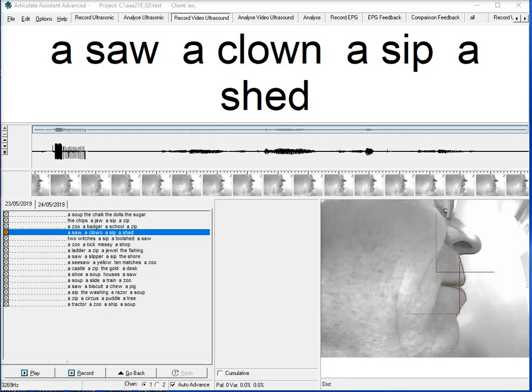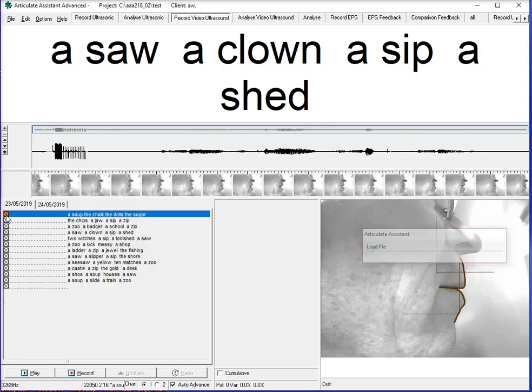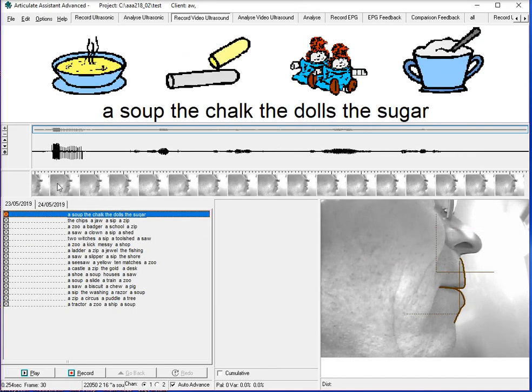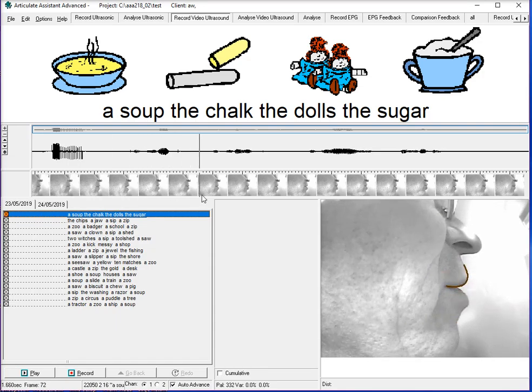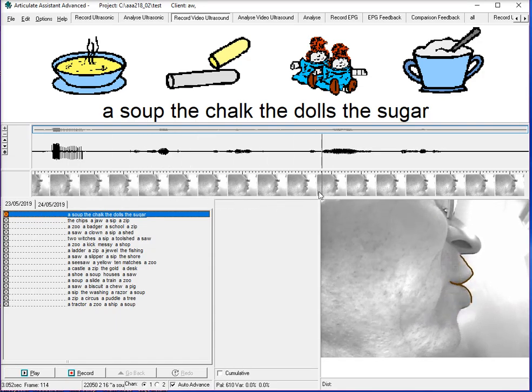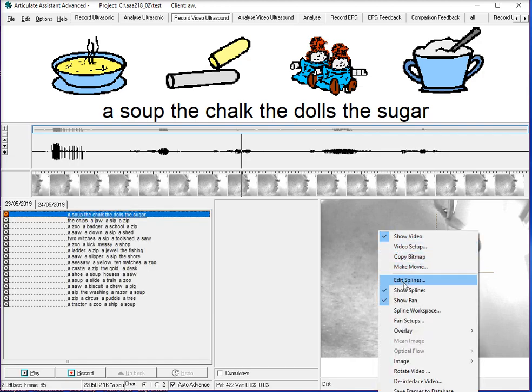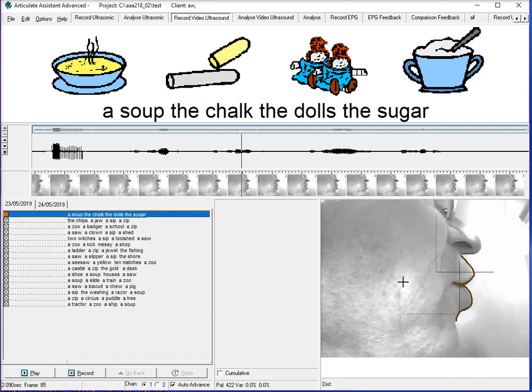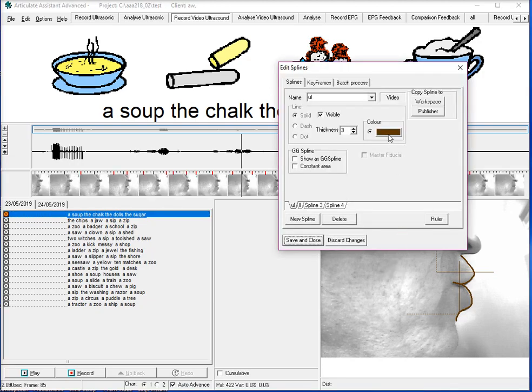So now that we've added the template to lots of recordings, I'll show you how we can actually make some measurements. So if we go to a recording where I've already applied the lip splines, you can see that they're moving through here. If I just show you quickly through edit splines,